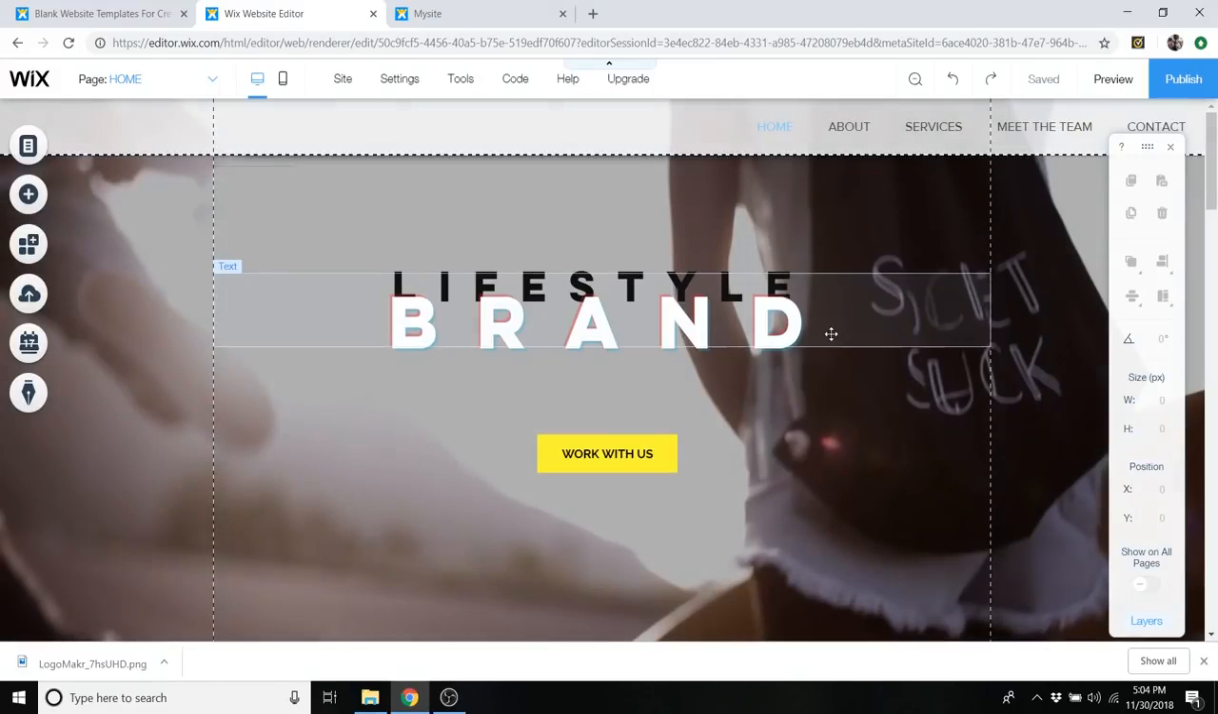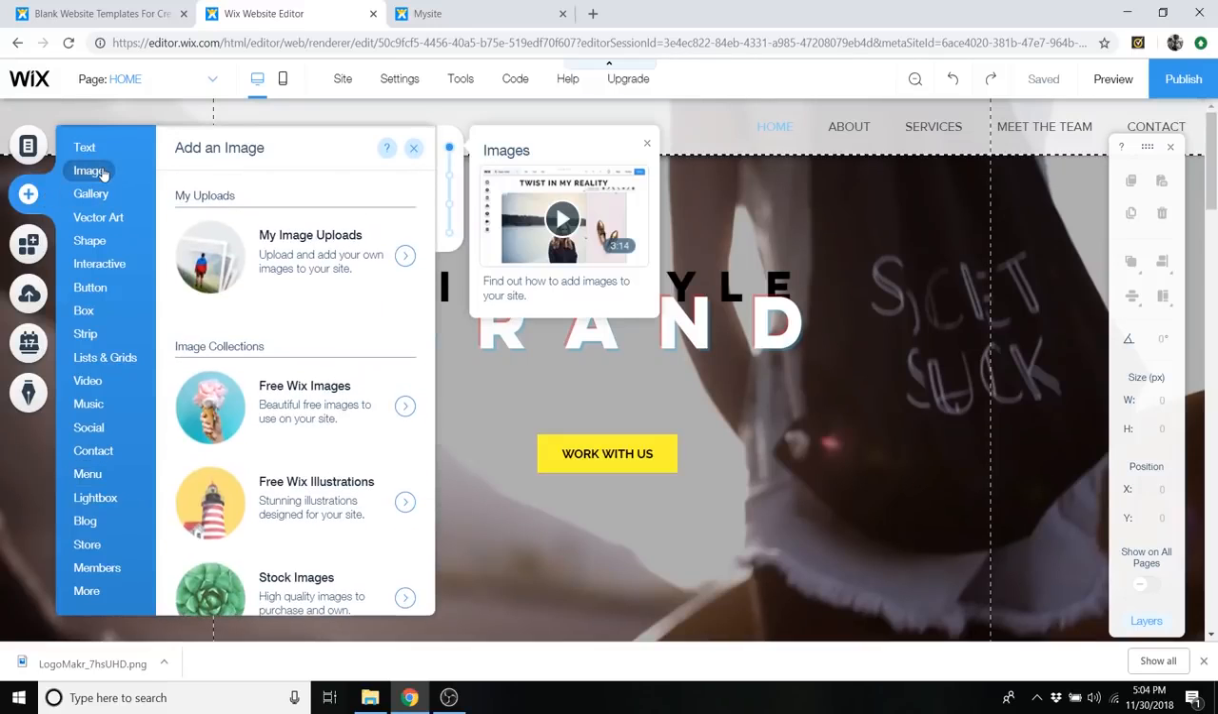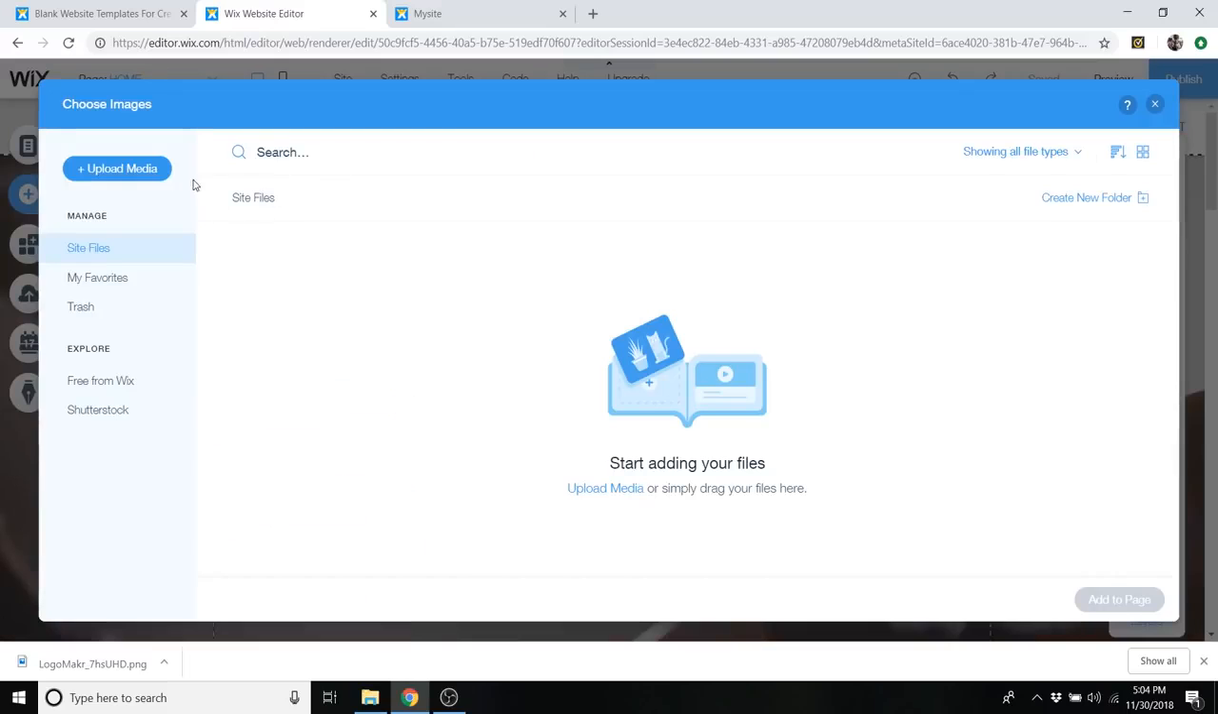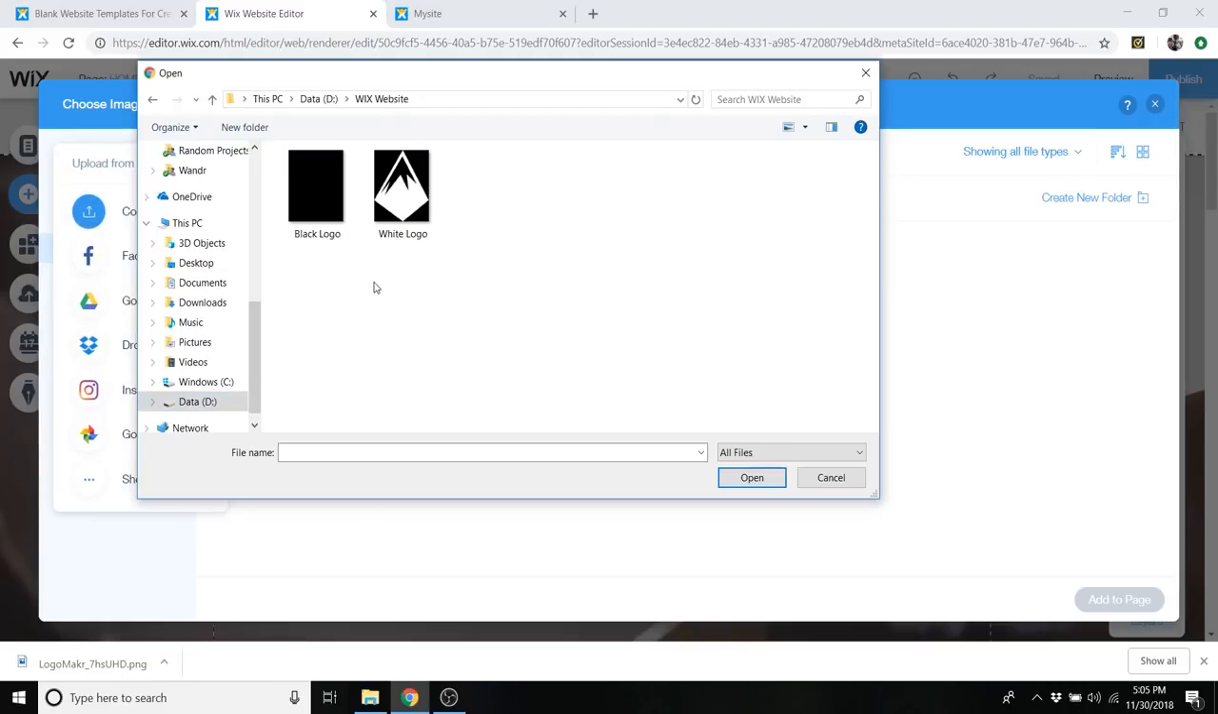Alright, so let's put these on our site now. So we're back, and what we're going to do is go over to Add, and then go to Image, and go to My Image Uploads, and then just go to Upload Media at the top left, go to Computer, and navigate to wherever your downloads are or wherever you're keeping these logos. In my case, I just have them in a folder, and we'll just click on the black logo. You click Open,